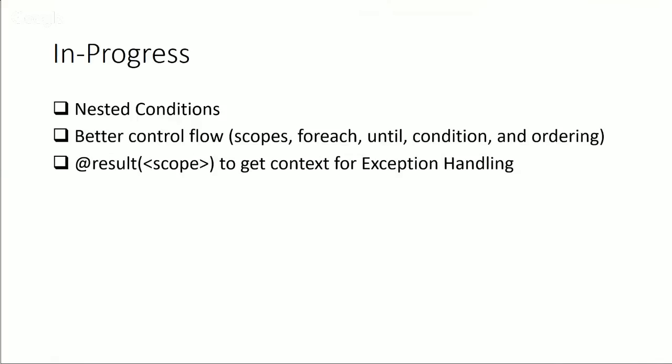At result. So, now that we've created these scopes, you want to be able to understand when something went wrong in that scope, what went wrong. So we've created a function that's called at results. Then you can actually get the context for all the actions that execute in there and find the one that went wrong, and then either handle that as a compensating action or send that information out to some other system.